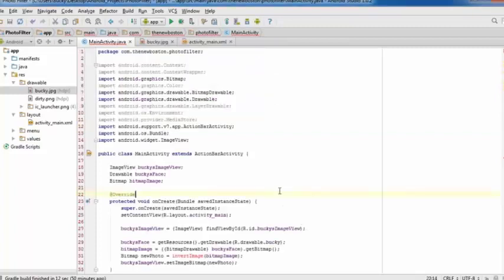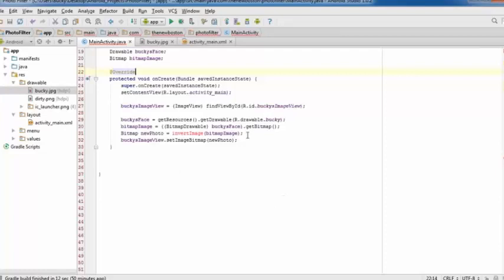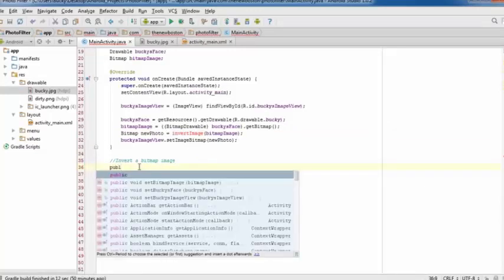Alright, Hosses, welcome back, and now that we got all the boring stuff out of the way, let's go ahead and get to the good stuff, actually inverting that image. So the first thing I want to do is just add a comment, and I will say invert bitmap image. Alright, so we named it invertImage, and it's going to be